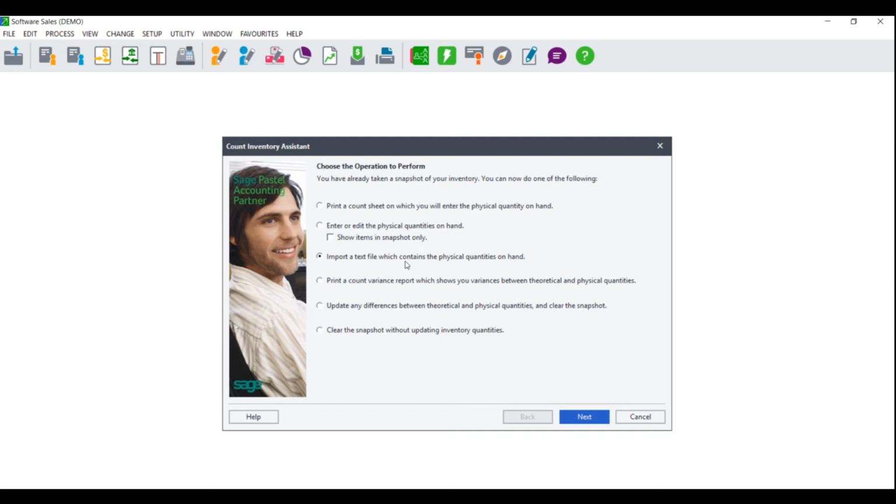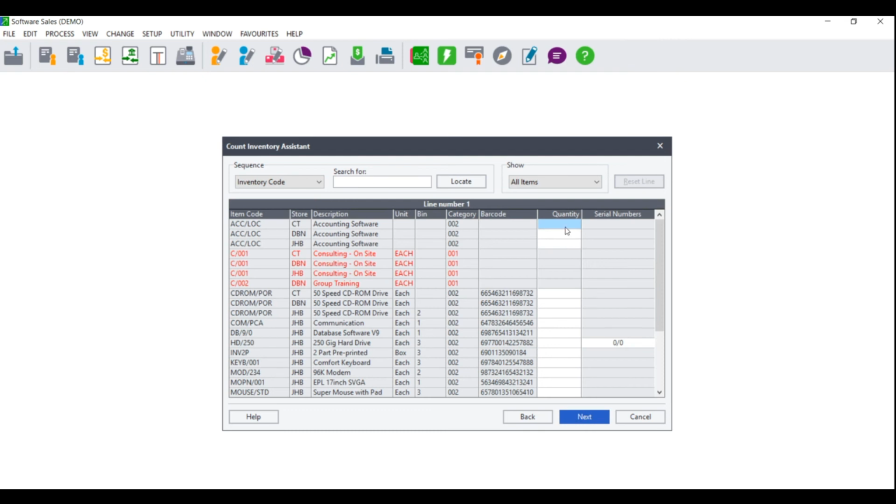If you wish to import your quantities, please refer to the document Importing Inventory Quantities in order to find the necessary layout needed. To edit or enter the physical quantities on hand, you have the option to either show items in the snapshot only, or if you deselect this option, it will show all of your inventory items. Click on Next, and you will be taken to the Count Inventory Assistant, where you can physically enter your quantities